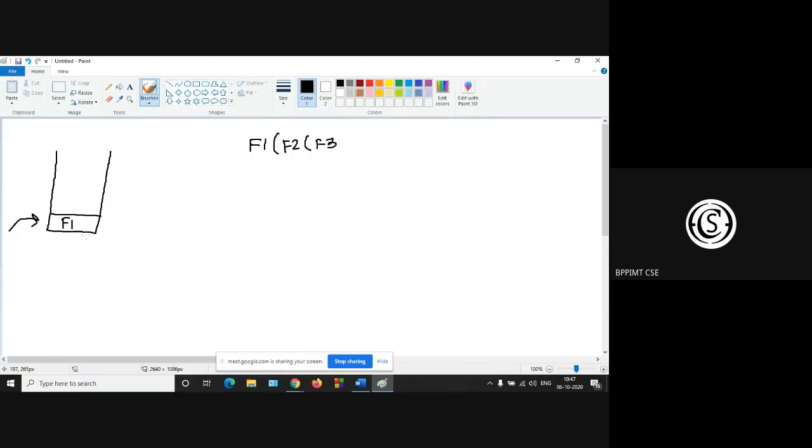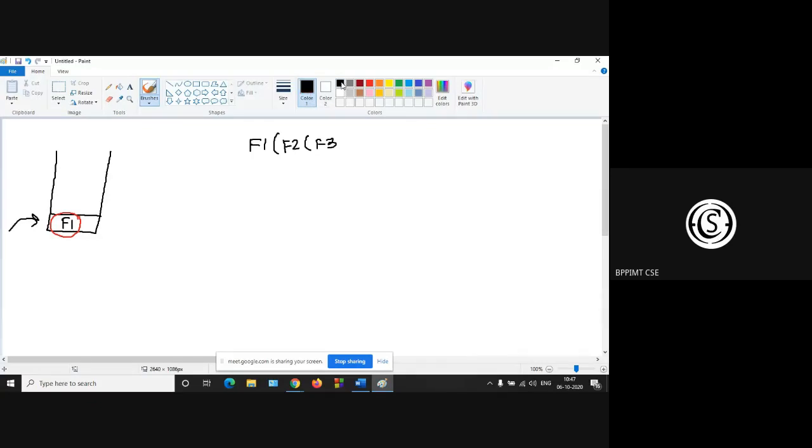Push is used for inserting an element in the stack, and pop is removing the element from the stack top. Last in, first out. So when you are going to execute f1, you have to insert f1 in the system stack. So f1 is pushed.